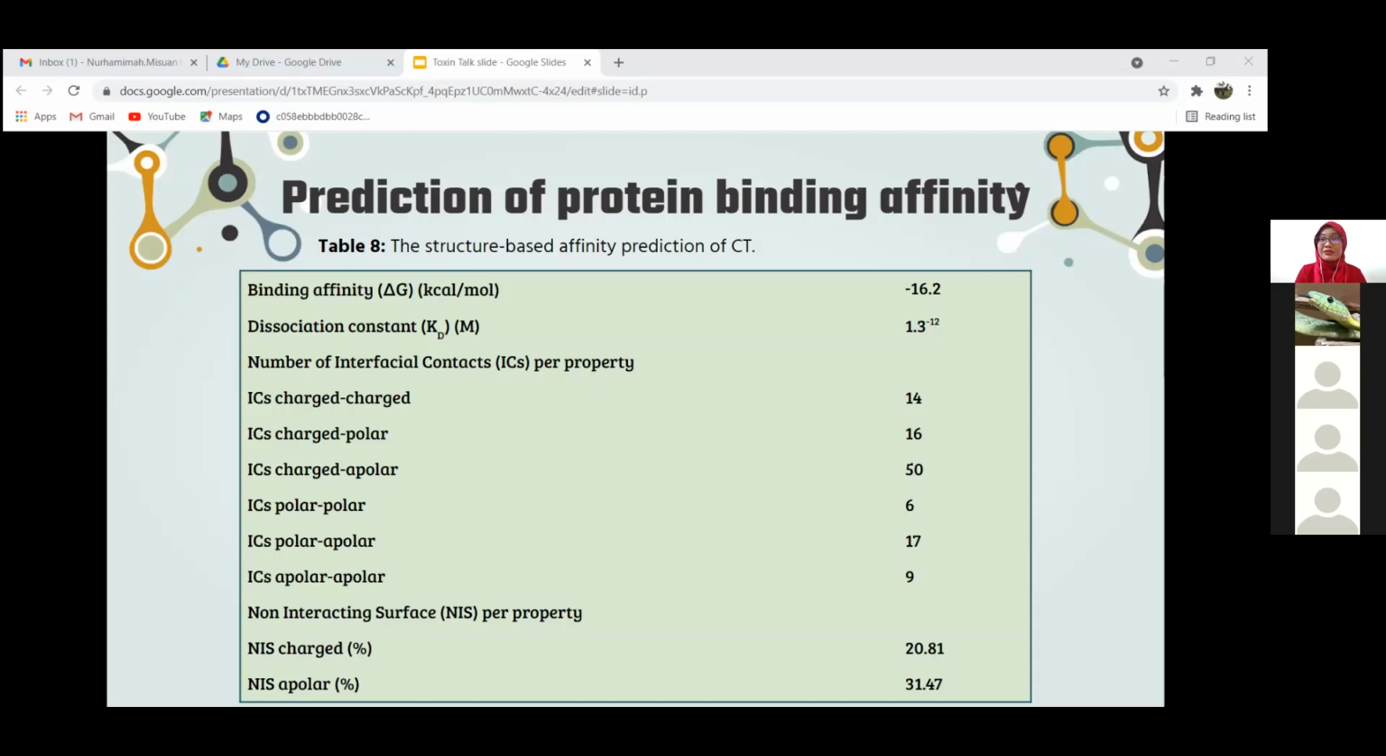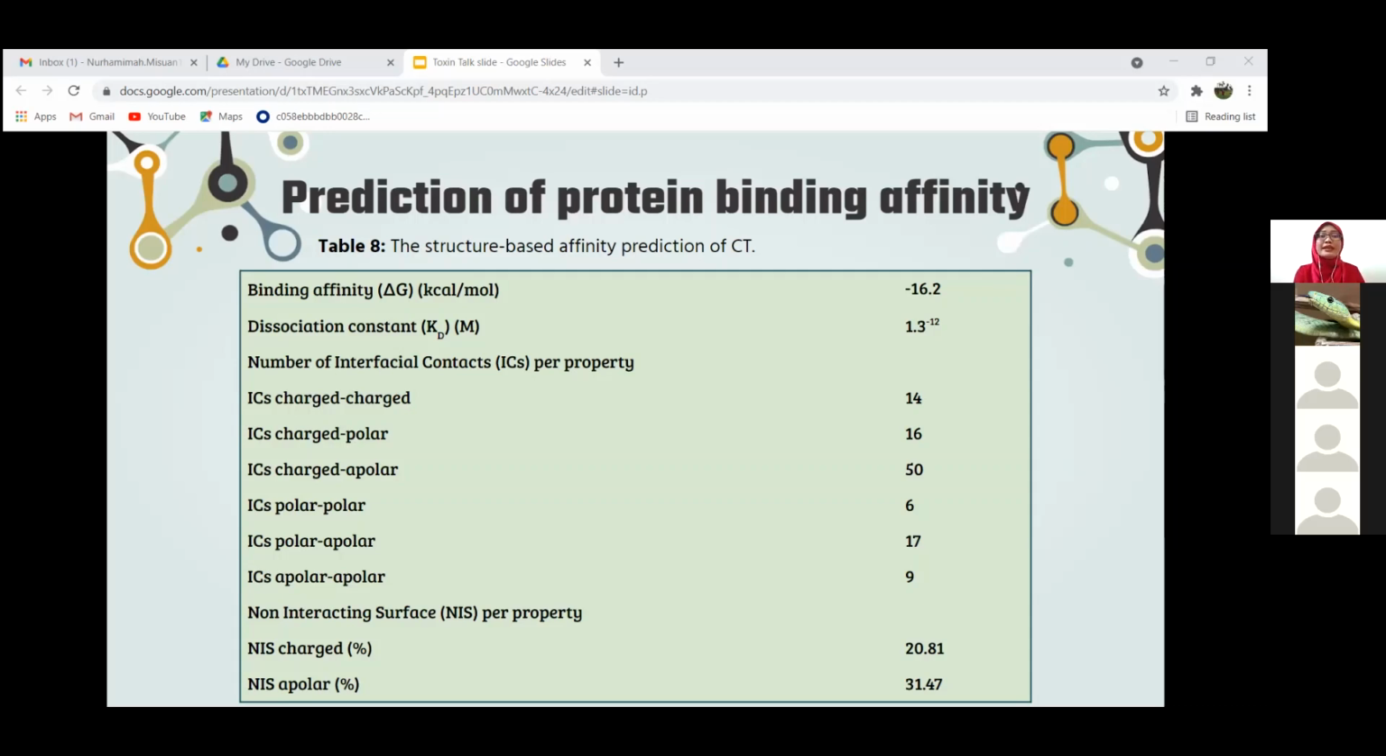web server. From this method, we used the CE3 conformation, and the result in this table shows that the delta G, or the binding affinity, is negative 12.2 kilocalorie per mole, which shows a relatively low binding energy. And also the dissociation constant, or KD, is 1.3 to the power of negative 12 molar, which is also significantly low,